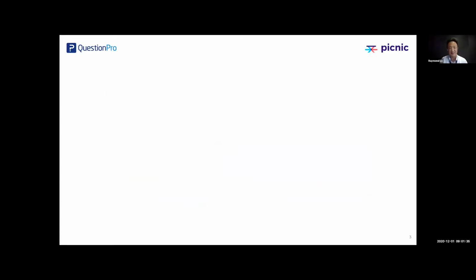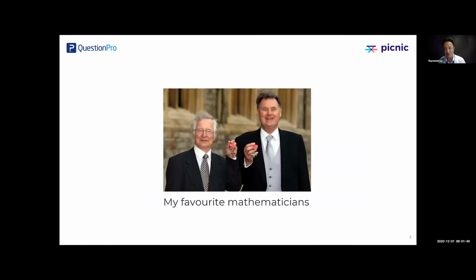Now, in saying that, that's a brief history lesson on Gabor Granger. My personal favourite mathematicians are these two fellows. I've noticed the audience, there's a large contingent from Australia and India. You may know them, or you may not know them. These are Professors Duckworth and Lewis. They invented the Duckworth-Lewis-Stern system. There's a third person who I don't have the photo of. And this is obviously, as you know, used to calculate new run rates and new scores and new targets in the event of a rain-affected cricket match. We won't talk any further about that.